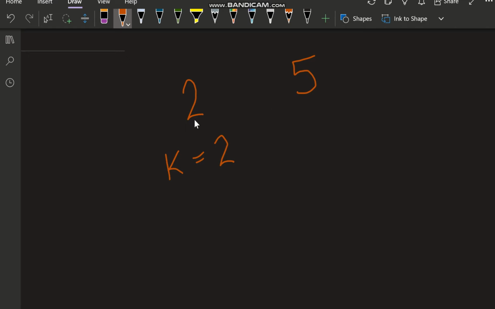Why? Since 2 is less than 5, if I increment this number by k, then it becomes 4. Again it is less than 5, so if I increment it again, it becomes 6. Now this number is greater than 5, so if I decrement it by k, it again becomes 4. So it continues for infinite steps, and it is not possible to make them equal. Why? Because the difference between these numbers, which is 3, is not a multiple of k. That's why it is not possible for us to make them equal.